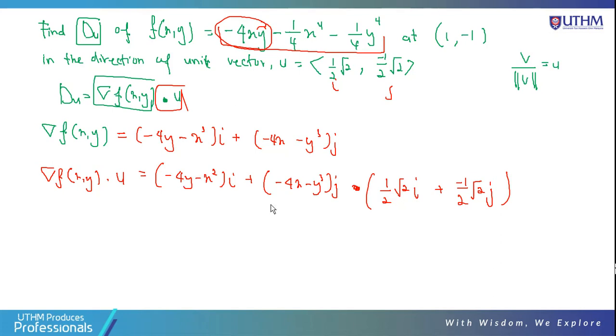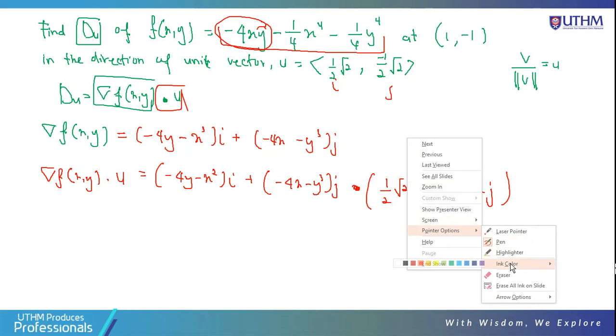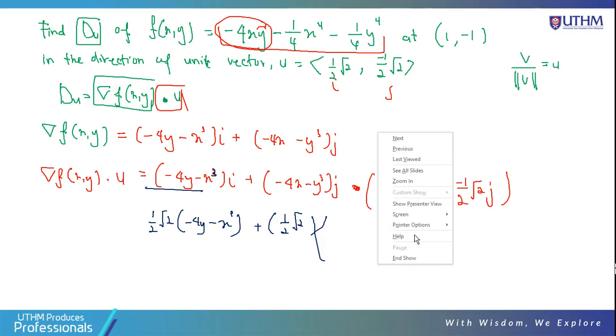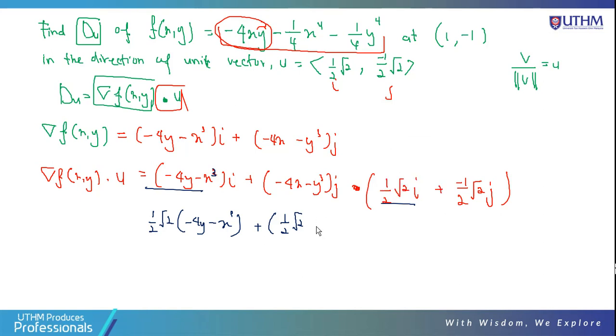For this i to i, okay, so i with i, so it will become 1 over root 2 times negative 4y minus x to the power of 3, so plus 1 over root 2, okay, times negative 4x minus y to the power of 3. So this is the final answer for the